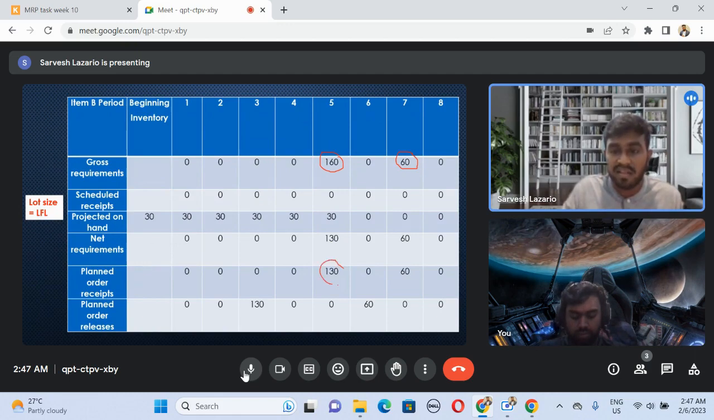So 130. Why is this 2 weeks lead time? Because it is in the range between 101 to 200, that's why 2 weeks. And after that, here we don't have projected on hand because we have utilized it in week period 5. So this 60, the net requirement,